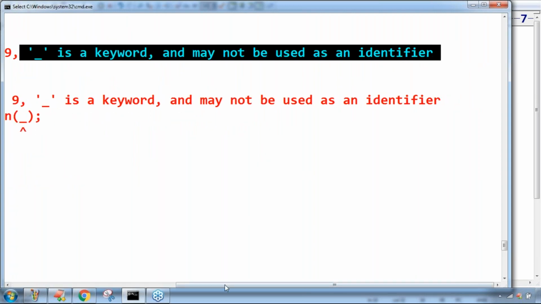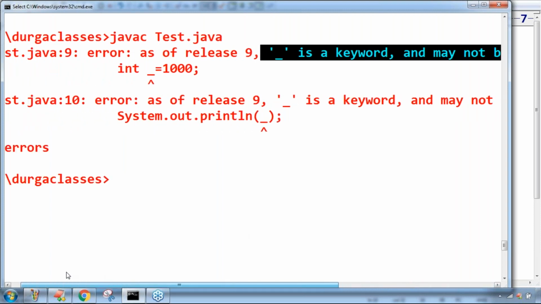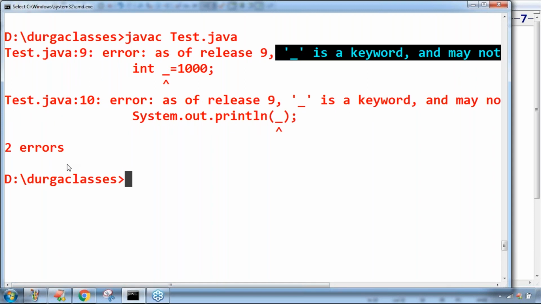There is an internal functionality with this underscore symbol. You can't use underscore as an identifier. Only the underscore symbol alone you can't use as an identifier. Remember, there is some inbuilt functionality provided for the underscore symbol in Java 9.